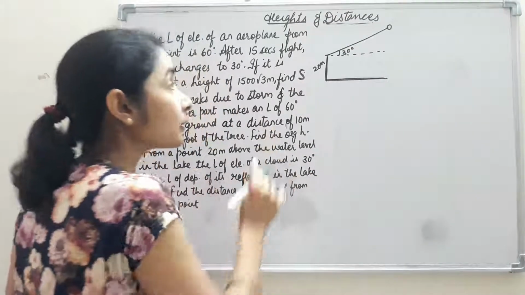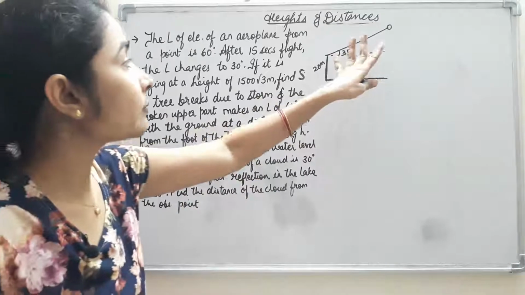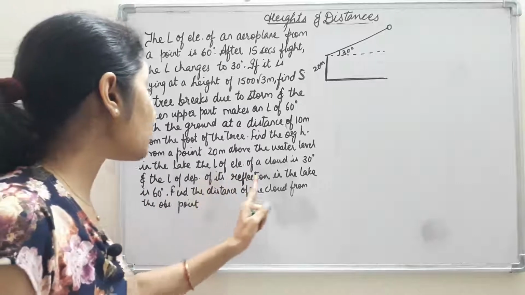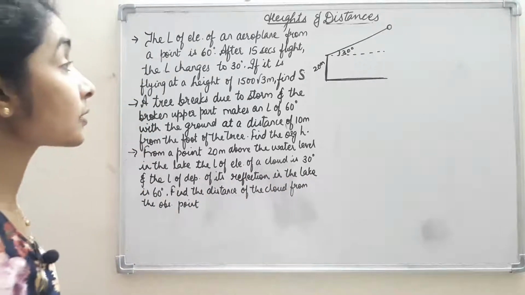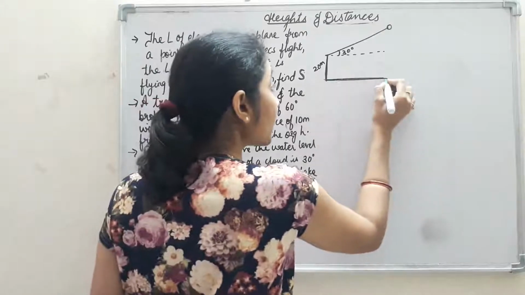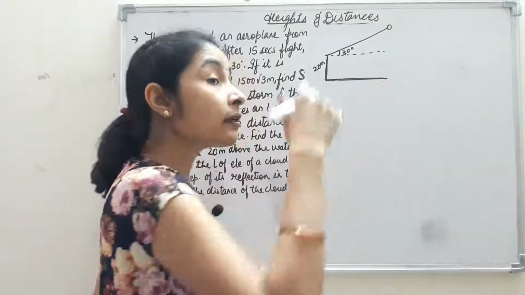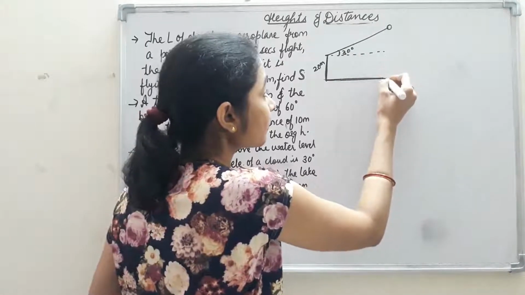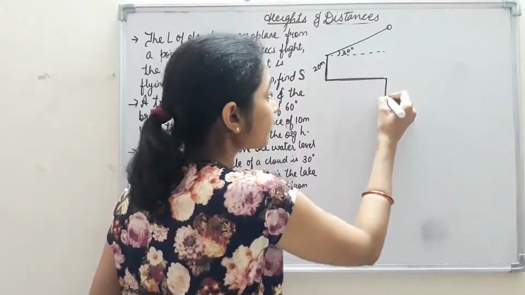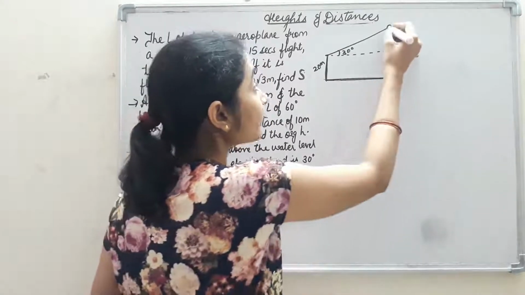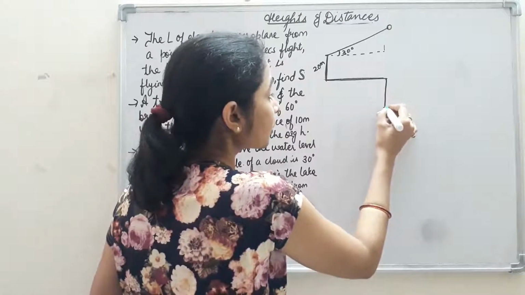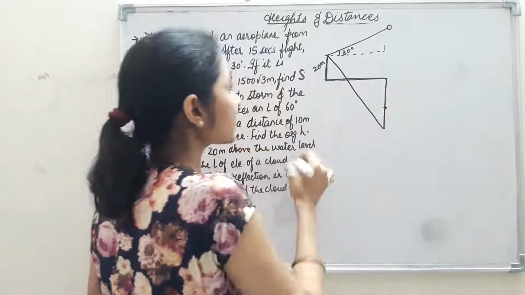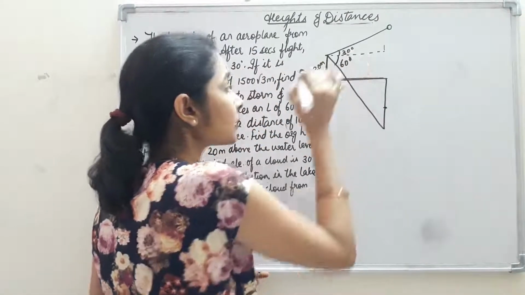Okay, now this is the figure up to here, that there is a cloud and from here the angle of elevation is 30 degrees. Now next what is given to us is that the angle of depression of its reflection in the lake is 60 degrees. Now this is the lake. Just see, this is the level of the lake, and after that this 20 meters I have to cover. And after that this distance I have to cover. Here I am observing the reflection, and this angle is equal to 60 degrees.